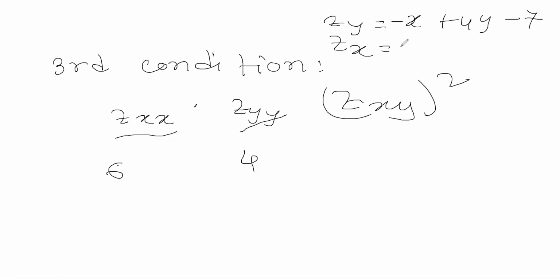What do we get? We get also negative 1. So according to Young's theorem, remember, the second order cross partial derivatives will be equal to each other, and while